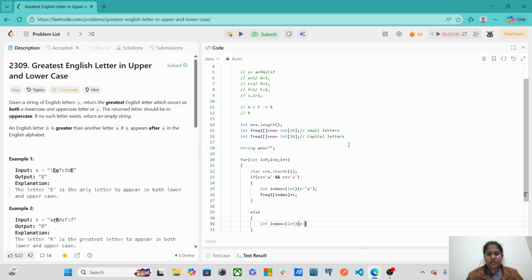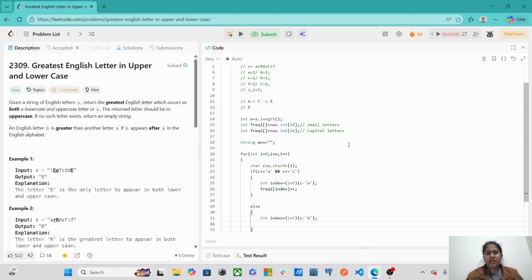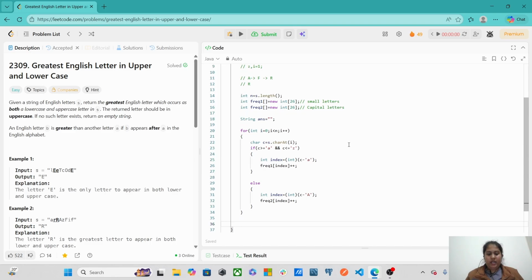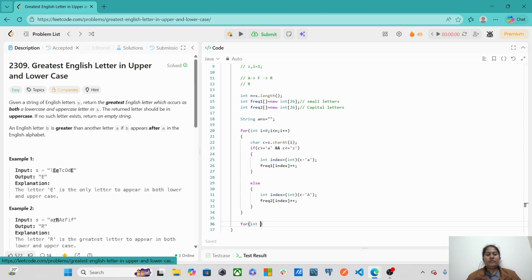We subtract our character from capital A, as the ASCII value of small a and capital A are different, and store this into frequency 2 of the index and increment it by 1. At last, we'll compare these two frequency arrays from the back, because we have to return the greatest English letter,